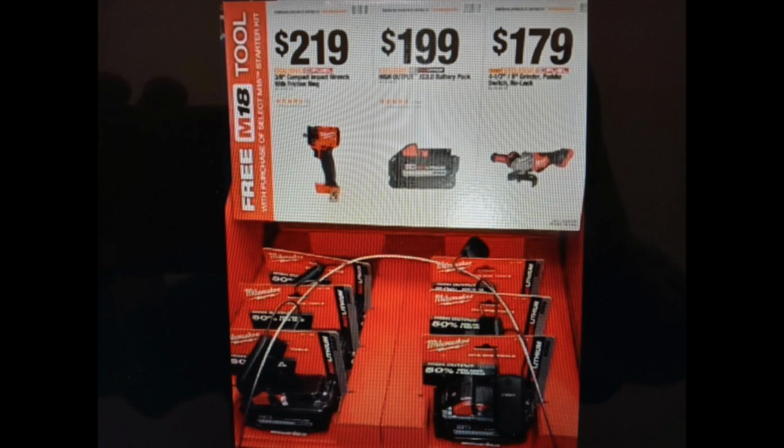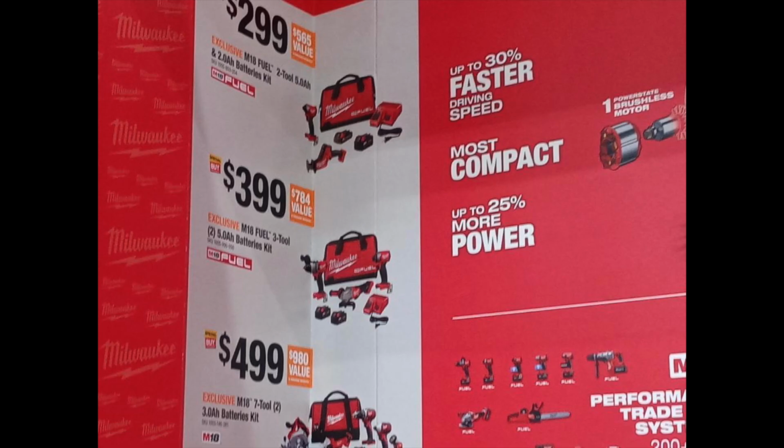And then the next picture that we have is like an end cap. So this end cap, the top one is $299. It looks like it's an impact driver, and you got a reciprocating saw, 2 batteries, a charger, in a bag. And then the next one down is $399. You get 3 tools actually, and these are Fuel. So $399, 3 tools. You got a hammer drill, you got an impact